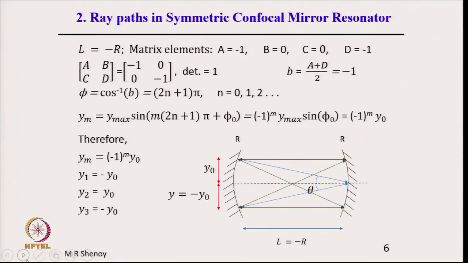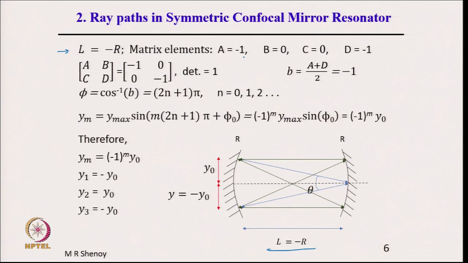So, ray paths in a symmetric confocal mirror resonator. From our common understanding, we have already traced the rays in a confocal mirror resonator. Now, let us see the matrix procedure and what we get. So, L is equal to minus R for a confocal resonator, and therefore, the matrix elements